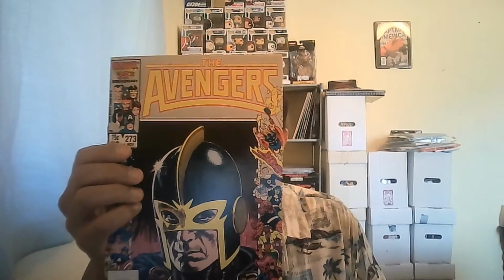Alright, so this issue right here, 273, was part of their anniversary cover. It says it on there, 25, which I was going to say, but then I froze up for a second. It shows Hercules at a bar, getting drunk, and the Wrecker at the time is buying him more drinks, and also needling him, poking the bear and getting him upset about Wasp being the leader. It shows that all the other groups are kind of spread out: the Submariner's gone, Captain Marvel takes off for a moment, Black Knight is figuring out things about his sword,